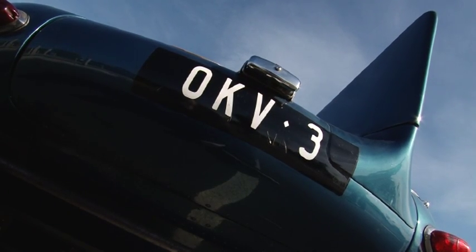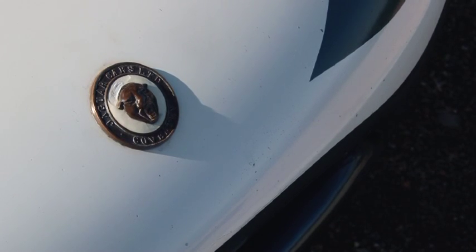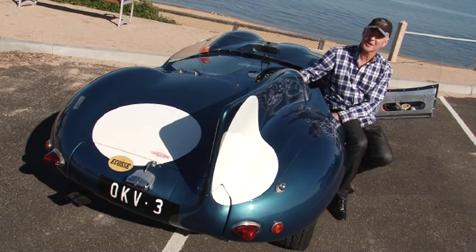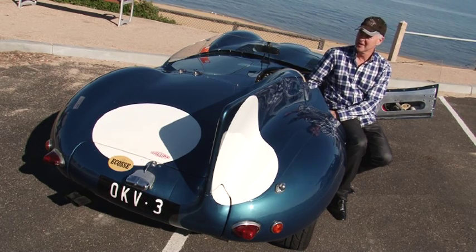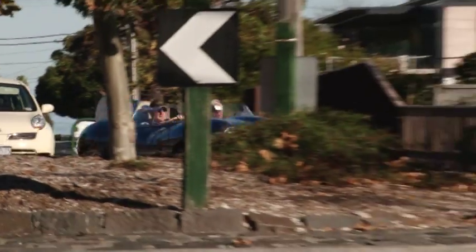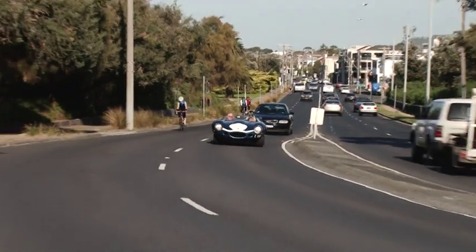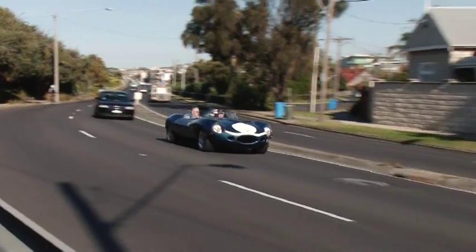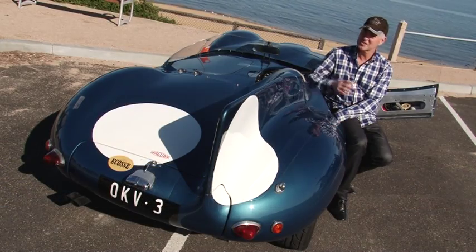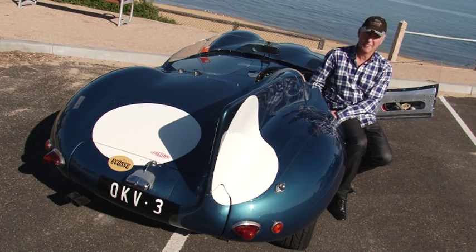Rob's a little coy about how much this one cost, but believes it's as close to an original D-type as it's possible to get. Well, the history of this car is it's a replica built in about 1986 in the UK by Brian Wingfield, and I think he made about 20. In the UK there are replicas also made by Lynx, and they're pretty much like the real thing, as is this. They're full aluminium body, very similar live rear axle,